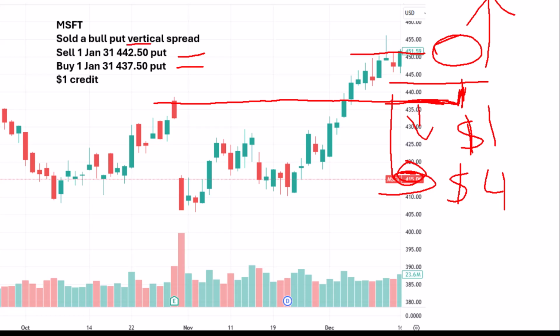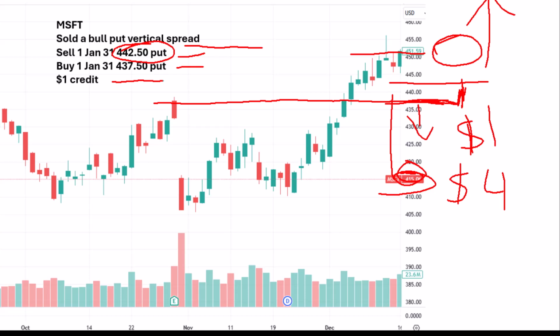So the short put, the 442.50 put, is a put that the counterparty, the person he sold this put to, in fact, it's anonymous, but this person exercised that put, which left my member with a long stock position because he was obligated to buy stock at 442.50. And he still has this long 437.50 put.